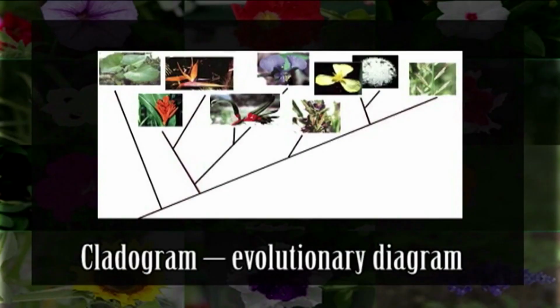For example, Poales, which is the monocot, is placed in between Magnoliales, the primitive dicots, and Ranunculales. Ranunculales are nowadays considered to be advanced dicots. The cladograms. Cladograms are basically the evolutionary diagrams which are based on either morphological or molecular data. They are presented for showing the phylogenetic relationships within this classification. These phylogenetic relationships can be within a particular group like an order or across the various families that are distributed